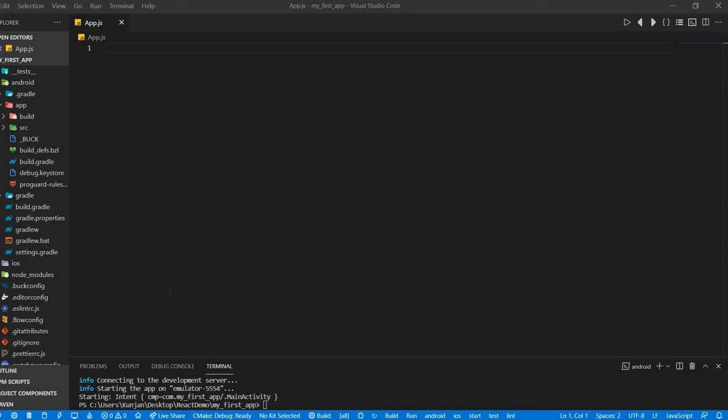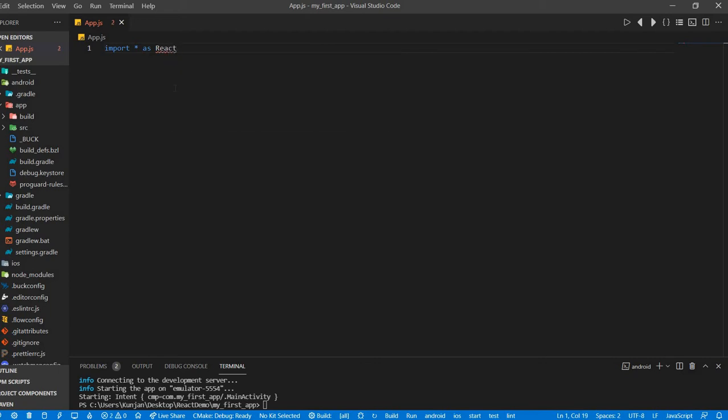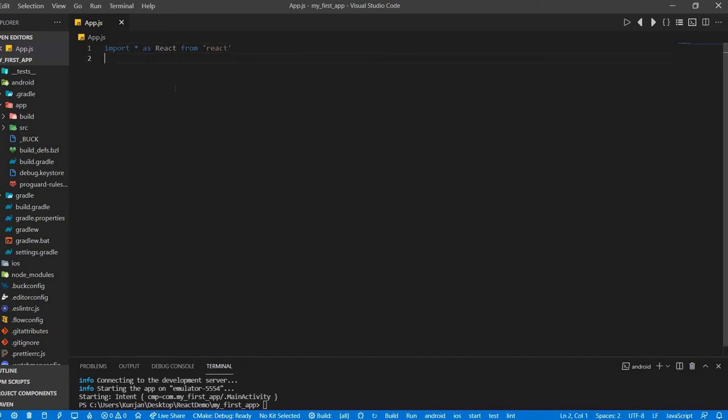So here we will learn the new topic which is React navigation. For React navigation, we need to import some dependencies. So let's import. Import star is React from React. Then another is import